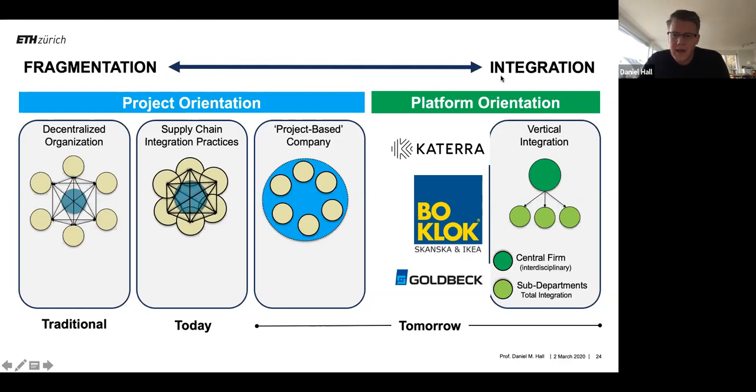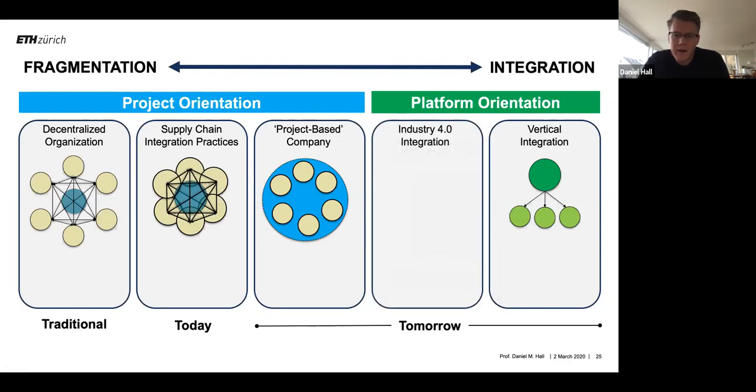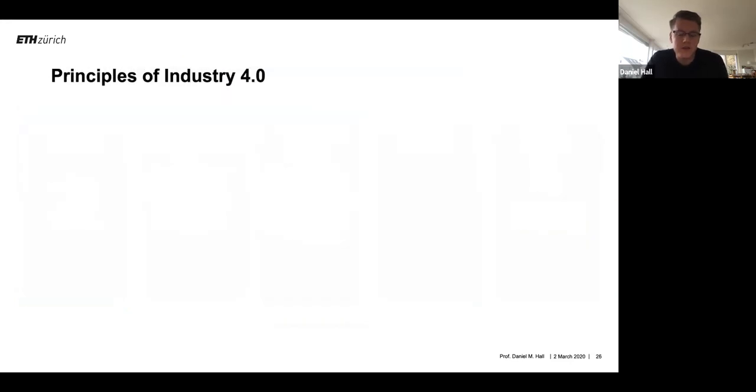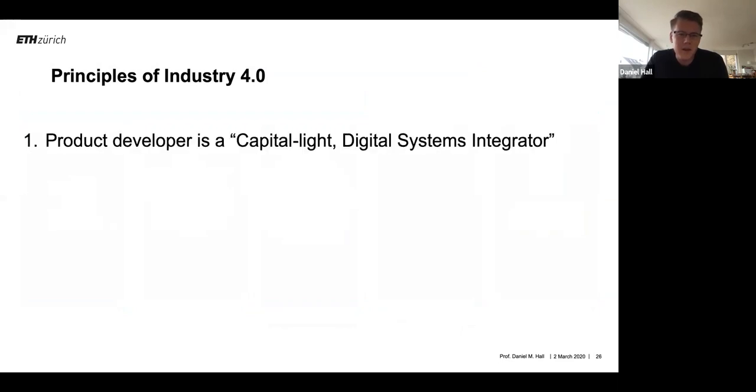All right, next we have the final category, which is what I call Industry 4.0 integration, or I also refer to it as digital systems integration. And maybe it helps a little if I discuss the principles of Industry 4.0. You've probably heard the term by now. A lot of people are talking about it. I think not so many people know what it means. But this would be a very basic overview of Industry 4.0 as it might apply in industrialized construction. First, the product developer, so the central firm, is going to be a capital light digital systems integrator. So they're not trying to own a manufacturing line or even be vertically integrated,